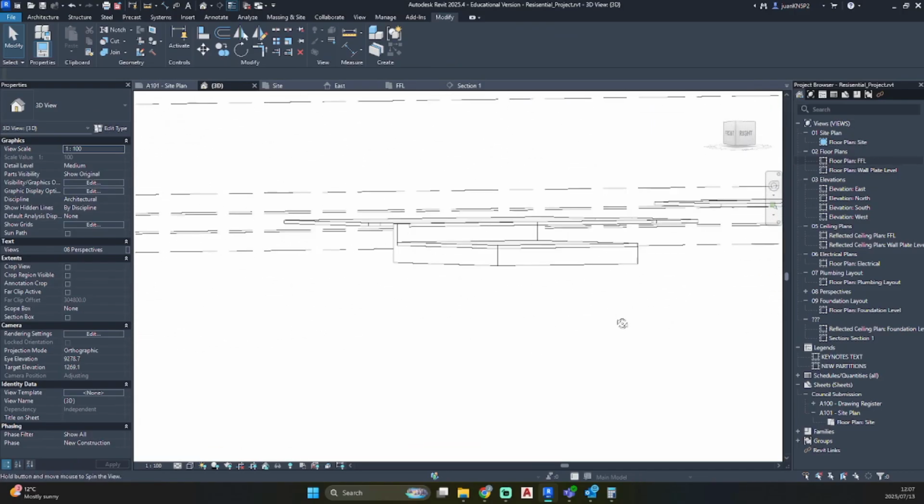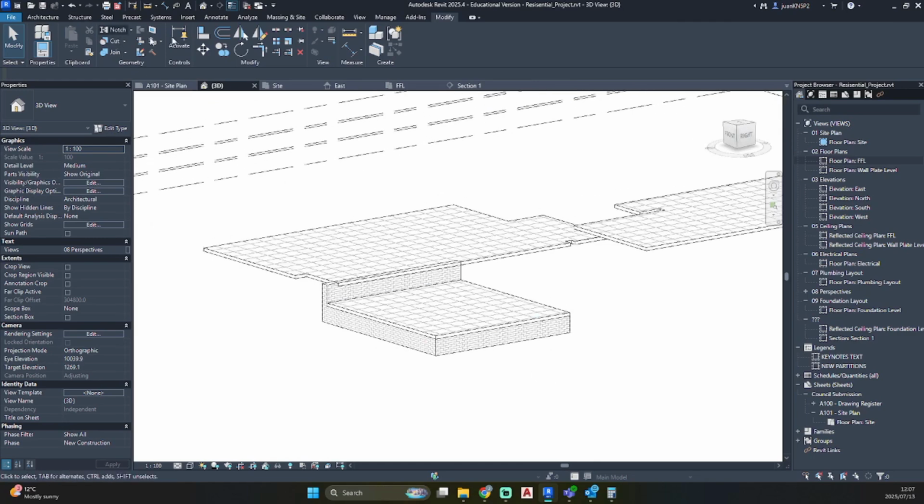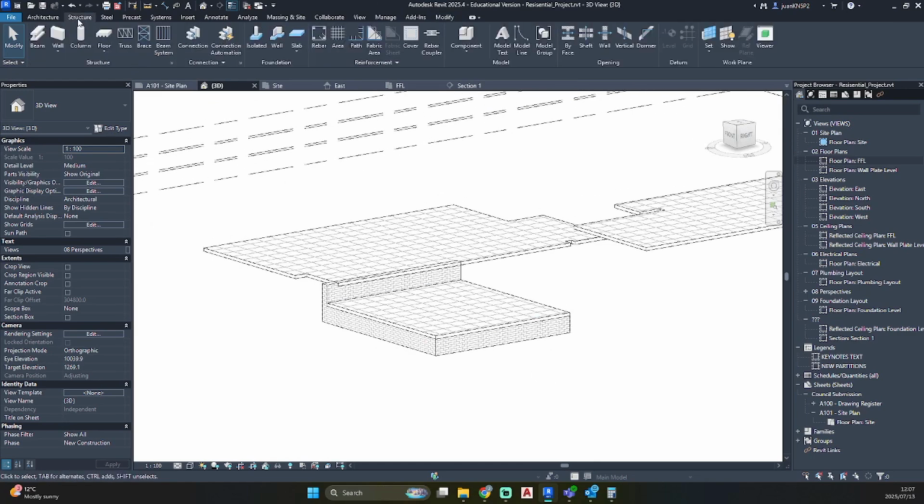So now let's add a bit of foundation. If you go to your top ribbon under structure, you'll see Revit has a wall foundation tool.